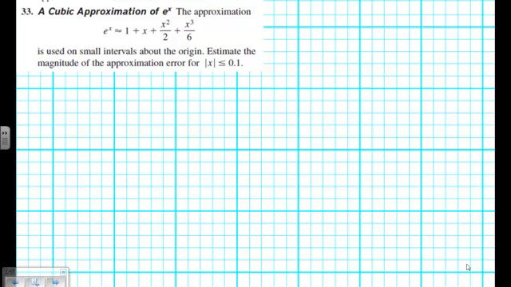Here's an example of a place where we would use the remainder theorem, and it's not going to be M is 1 because it's a sine or cosine. So here we have a Taylor polynomial which estimates the value of e to the x. We're all agreed there, right? Yes. And this is a third order polynomial. We might summarize this polynomial as P3. So far so good? Yes. All right. Now,